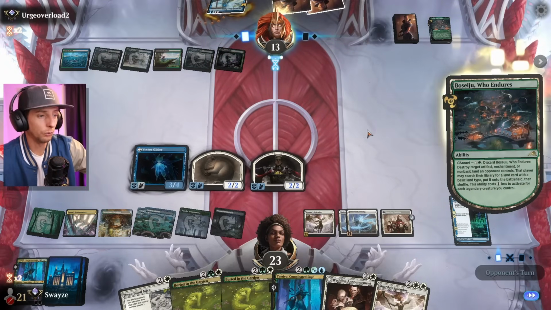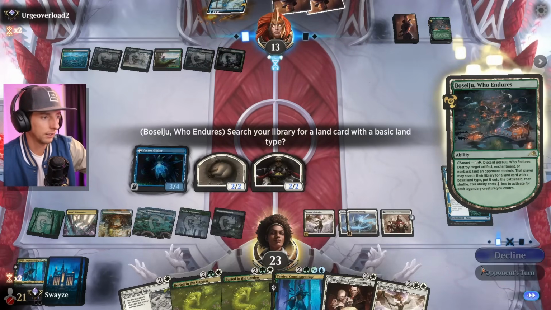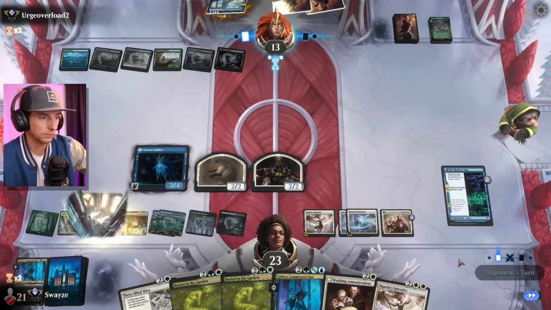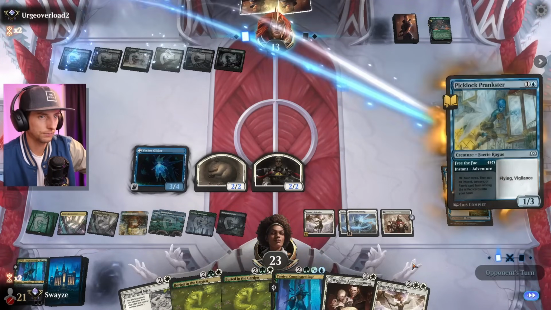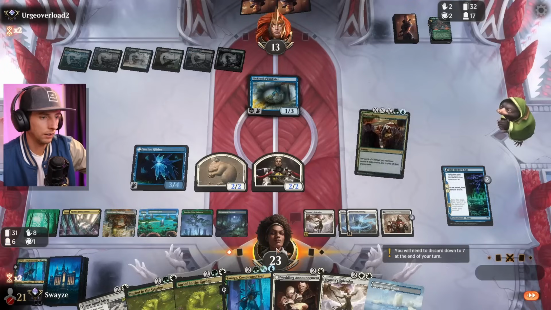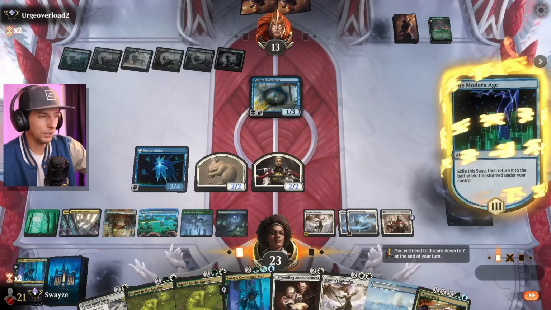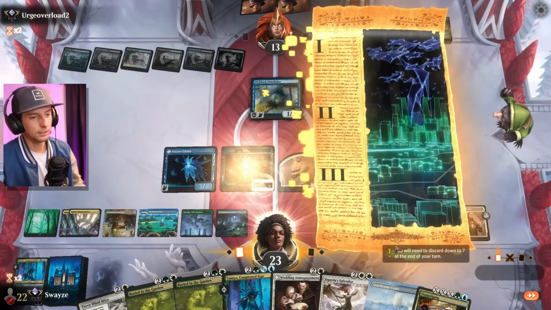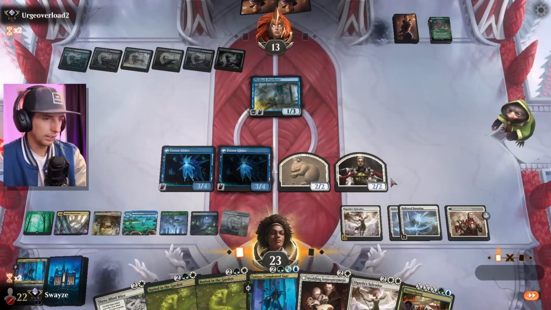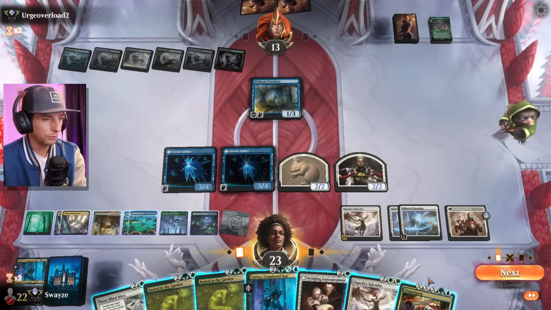Ah, I stand corrected. Beseiju hits us. Dang, that's actually pretty darn good Beseiju. We don't have another one either. Oh, but we get a doppelganger. Oh my goodness. Okay. 3, 3, and 2. Okay, so I can do it for 2. I can do it for 2. How about...